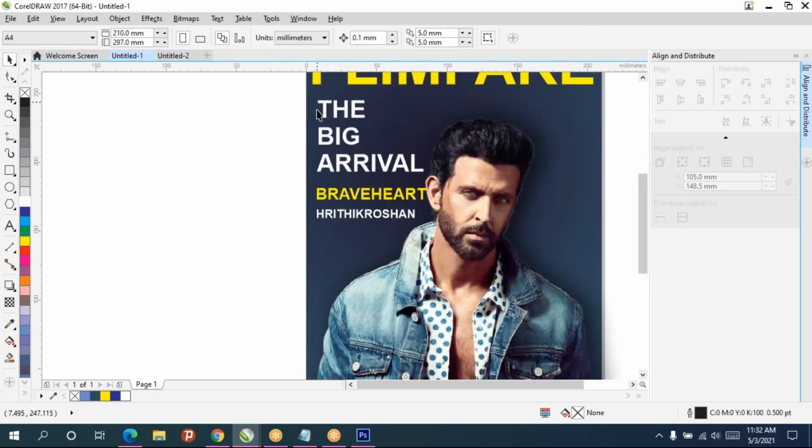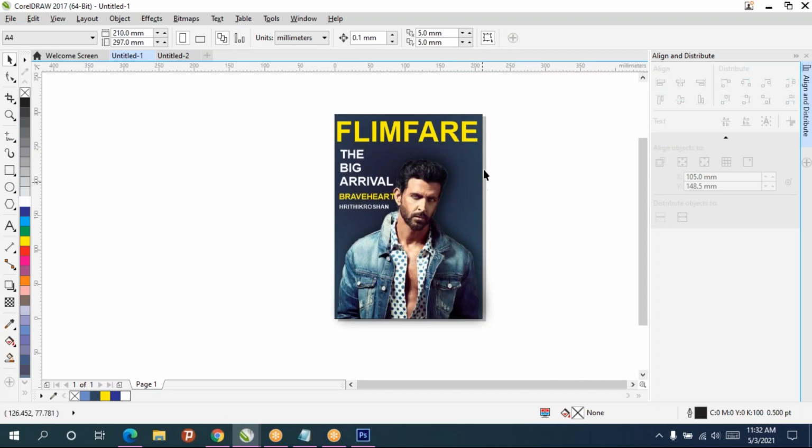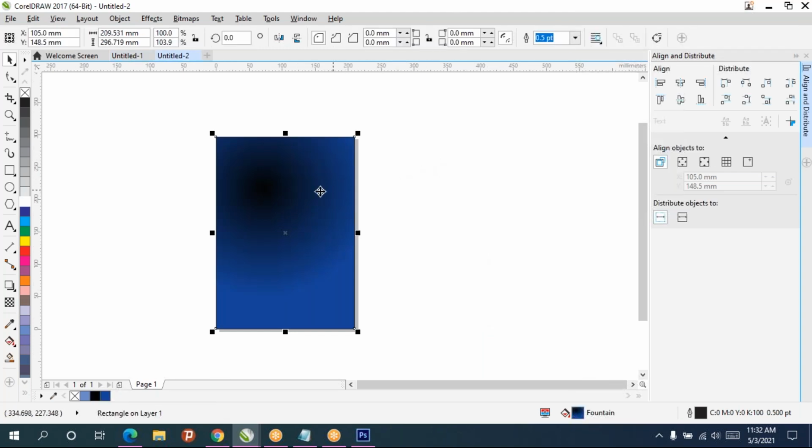Automatically you can see the alignment in the same line. Just type the text and arrange it properly, whichever direction you want. Make sure that Align and Distribute is enabled. You can use Align and Distribute in lots of methods.